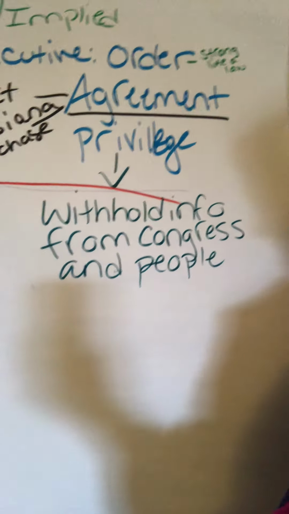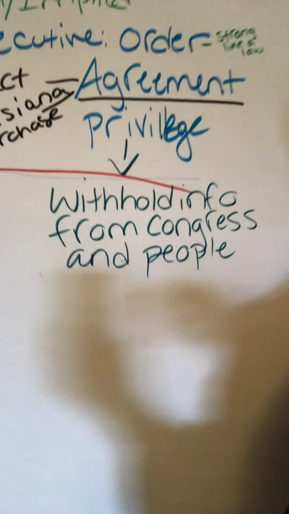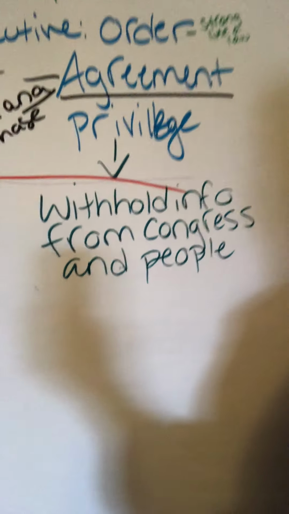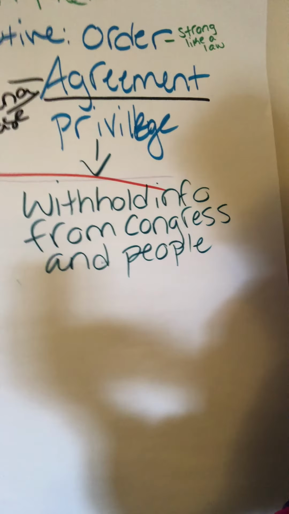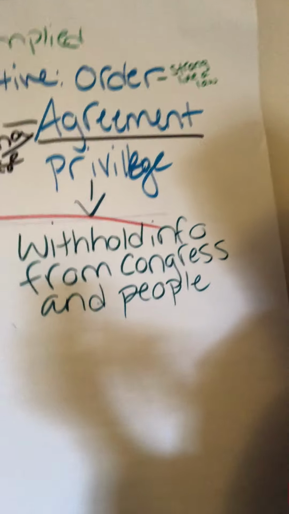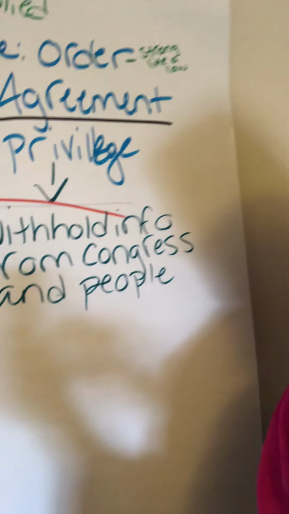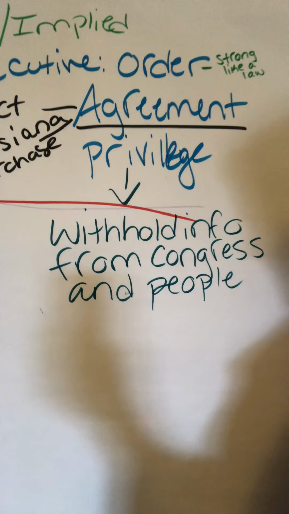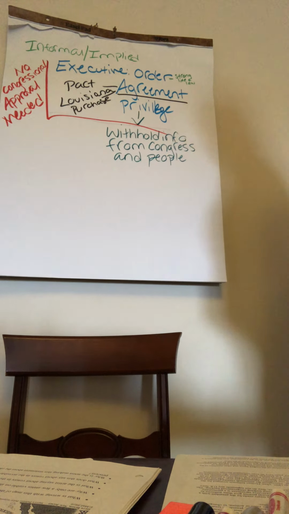Sometimes this is actually really good. Maybe there's something that people don't need to know because if the people know it, we're going to go into hysteria. Sometimes this could be really bad, such as when Nixon had the Watergate scandal. If you don't know what that is, you can look it up. That's actually something important to know. Or when Bill Clinton was not giving away the Lewinsky tapes. So, if you don't know what that is, look it up. All right, so those are our 3